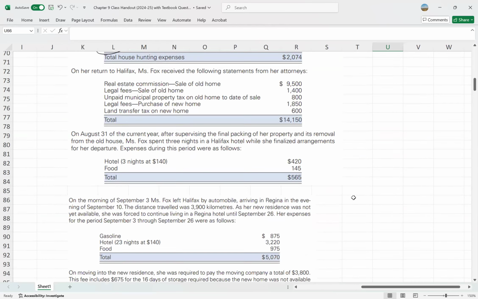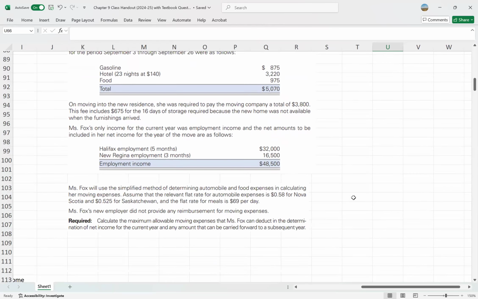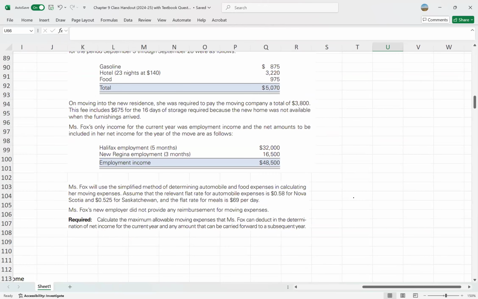If we look at the last part of the question, it says that she's going to use the simplified method to determine her automobile and food expenses. The driving from Nova Scotia to Saskatchewan, we have the prescribed kilometer amount for Nova Scotia and the prescribed kilometer amount for Saskatchewan. We'll get to that later, but she's also going to use the flat meal rate of $69